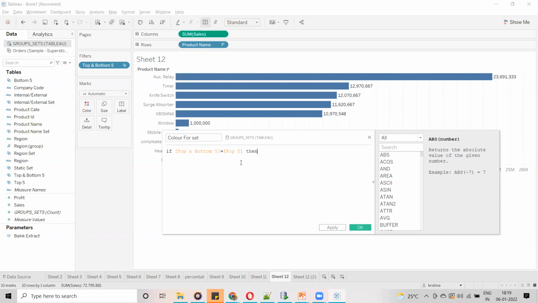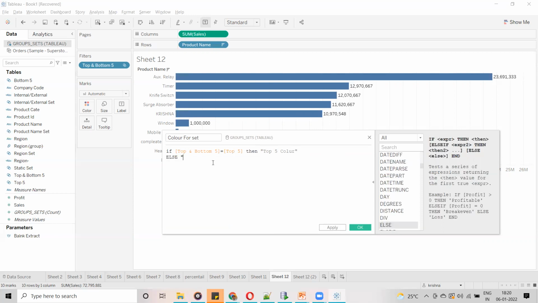Top 5, okay, then green. You can just give a name, like top 5 color. Guys, if you mention color here, it is not going to give color for your legend. Else, else red, bottom 5. I am just trying. Then end.